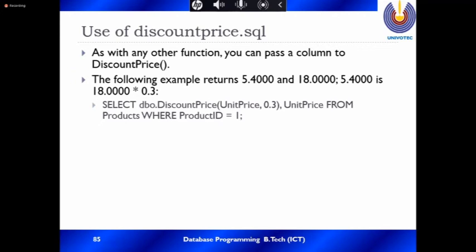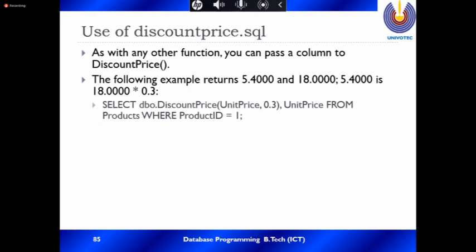This function we can use on the product table, where for the first product you want to reduce the unit price. Now the unit price is 18, and you want to reduce it by 30%. Then you can calculate the new price as the unit price minus the discount price.